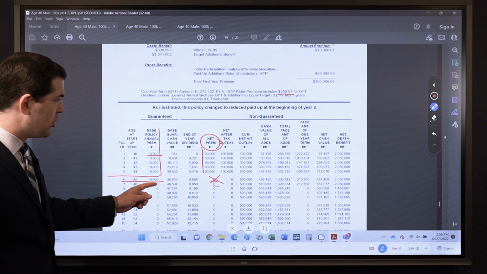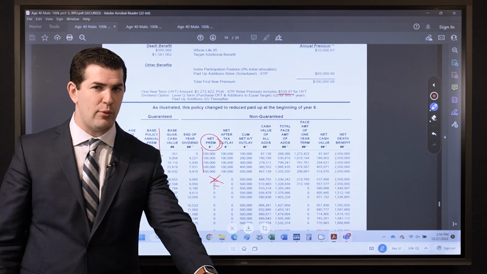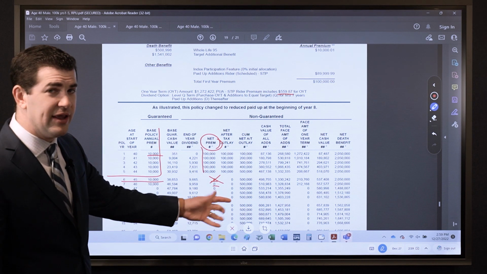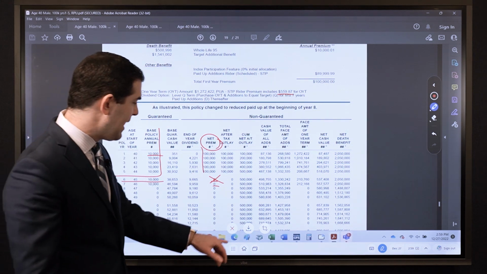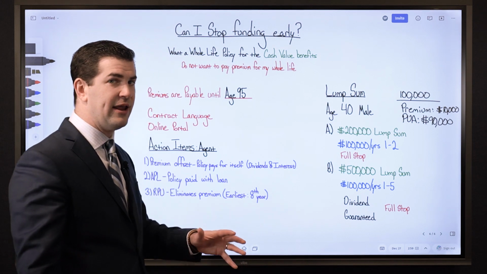In order for this to occur, if you send this policy to the insurance company and state, this is what I want to do, this will not automatically happen in year 6. In year 6, the insurance company will still send you a bill. What has to happen, an action step must be taken, because if no action is taken and you do not